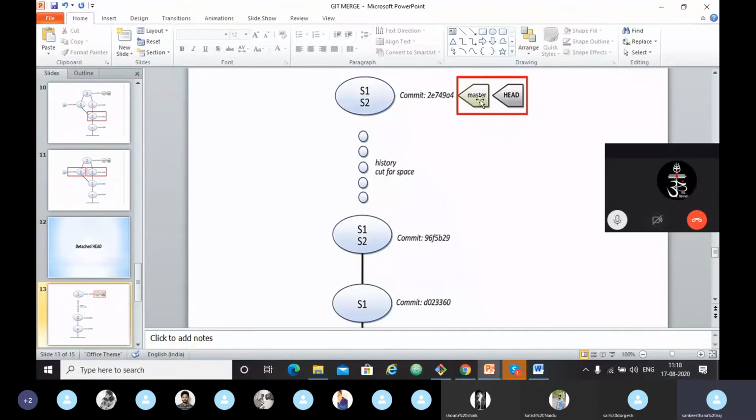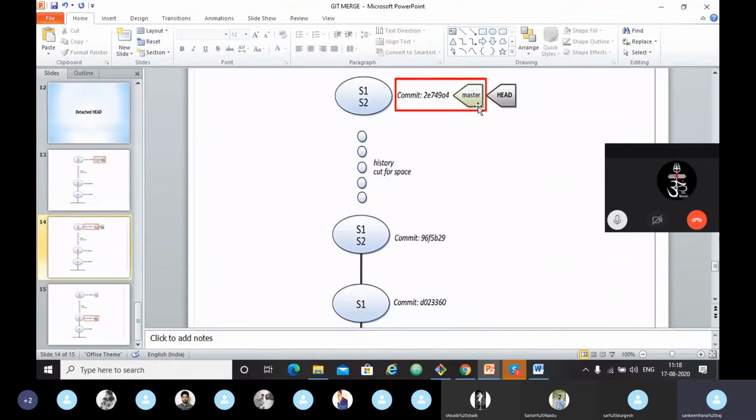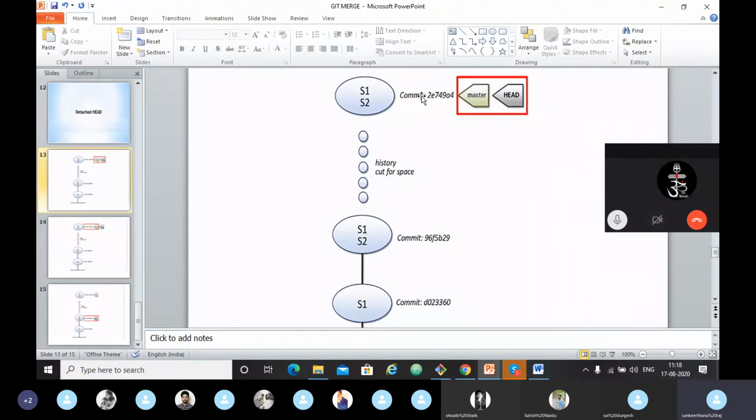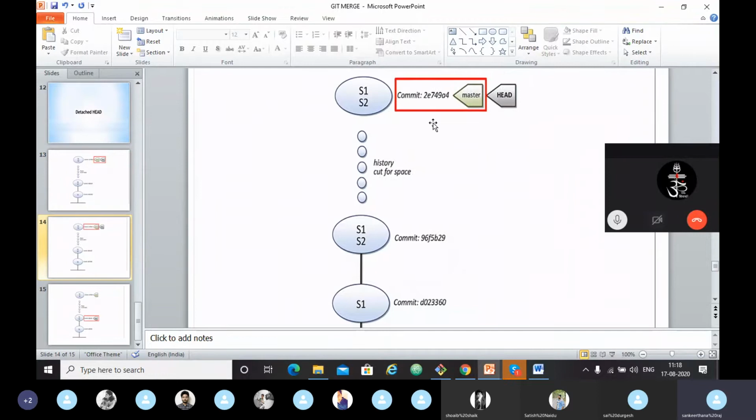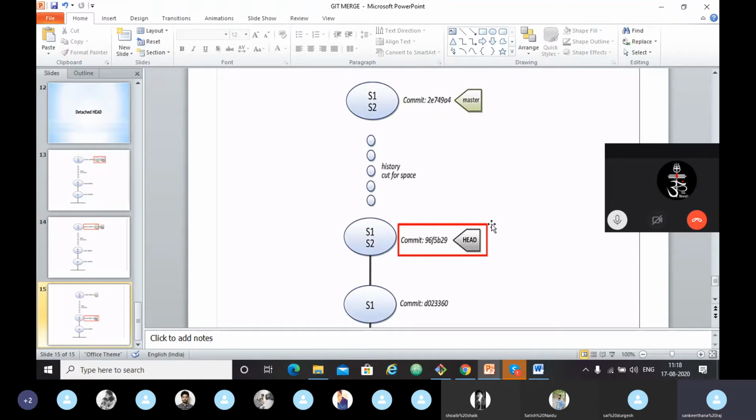The HEAD pointer points to a branch and the branch points to a commit, right? You can see the difference here. HEAD points to a branch and a branch points to a commit. But sometimes what happens is the pointer is directly pointing to the commit. This is called detached HEAD state.